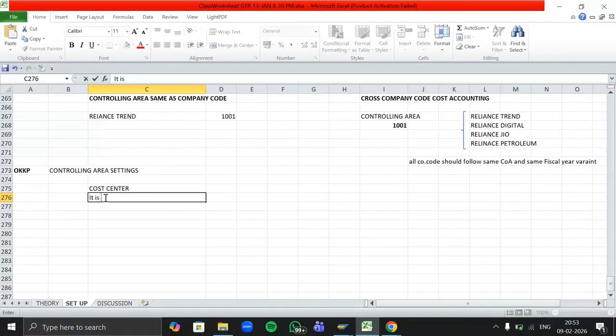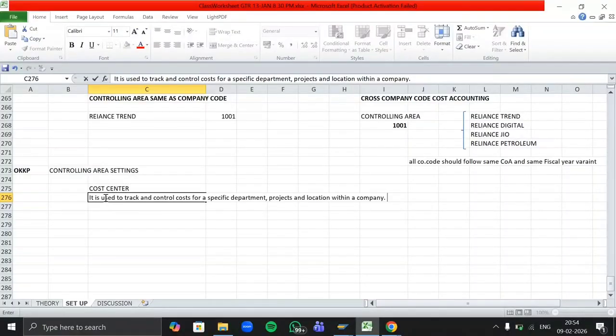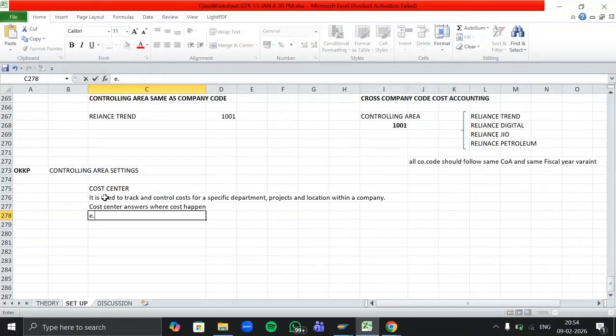So I can say it is used to track and control costs for a specific department, projects, and location within a company itself. So here a cost center is used to answer where costs happen. For example,